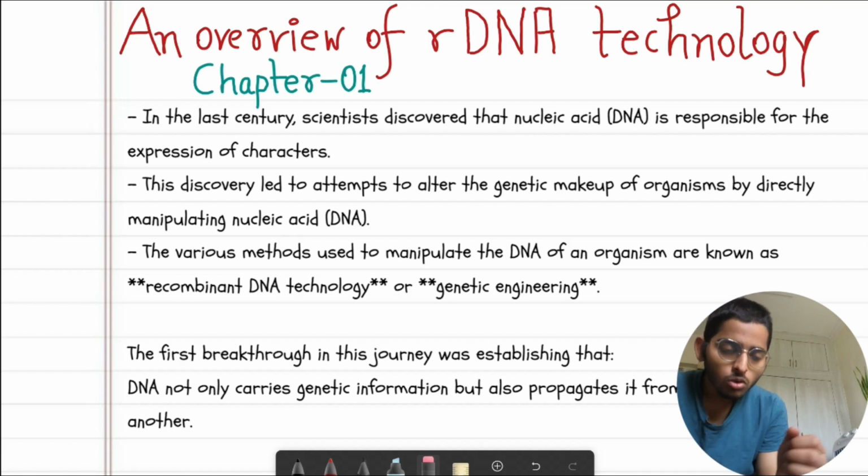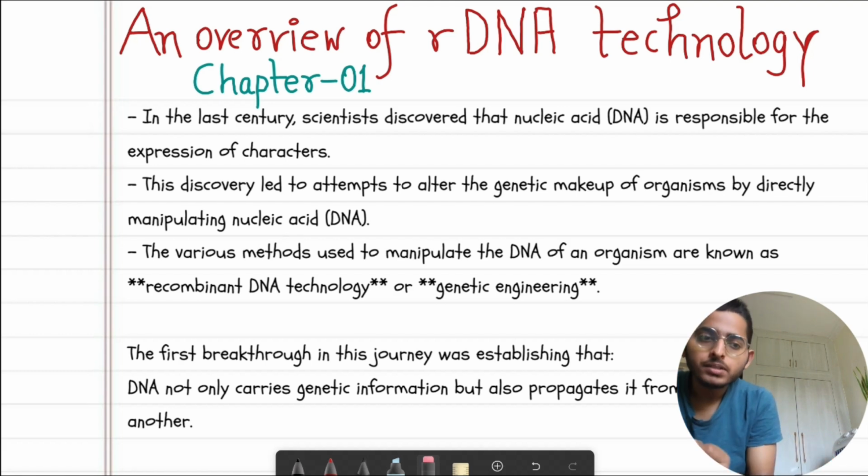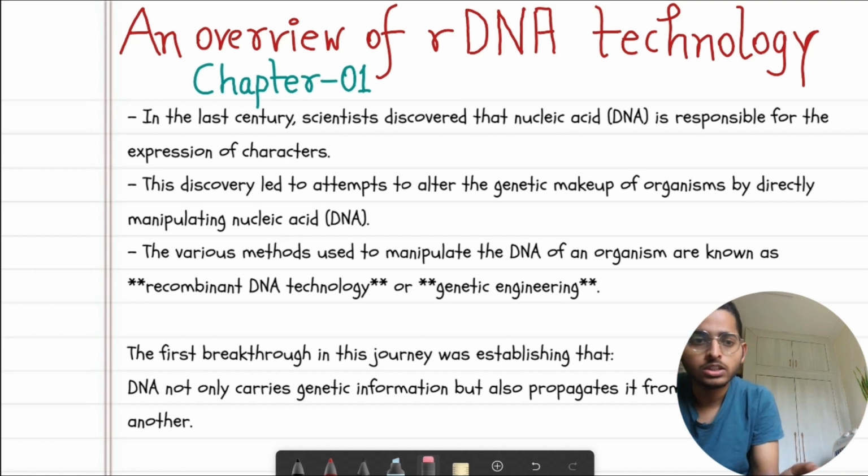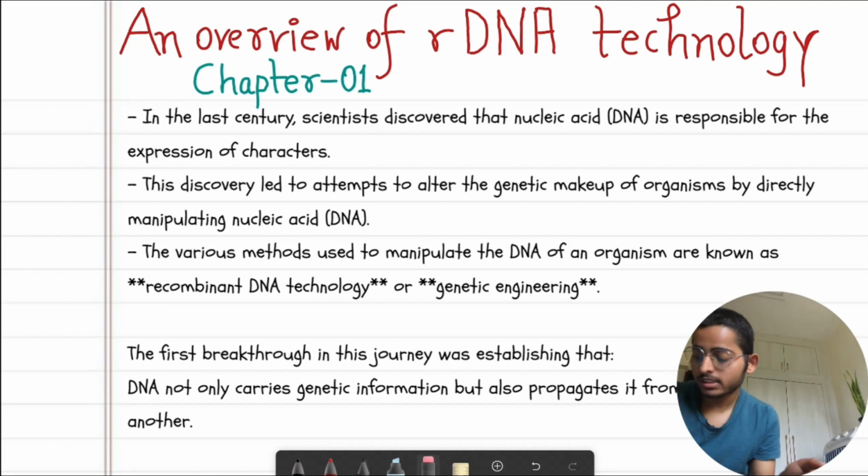We all know that we slowly did our evolution. We slowly adapted. We slowly found out new things in the field of science, in the field of biotechnology. It gradually developed over time, one after another, brick by brick. We all know that Frederick Miescher was a scientist who discovered nuclein inside the nucleus of a pus cell from a discarded bandage, and then another scientist, Altmann, described the nature of these nuclein components, and he said that these are acidic in nature, and that's how the term nucleic acid came into